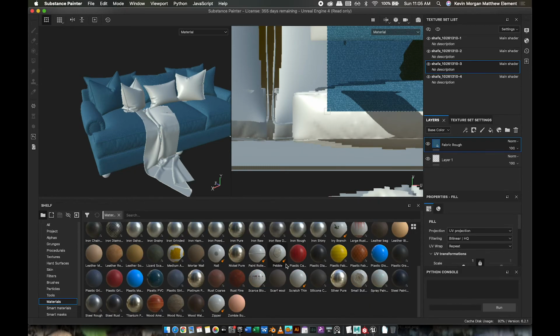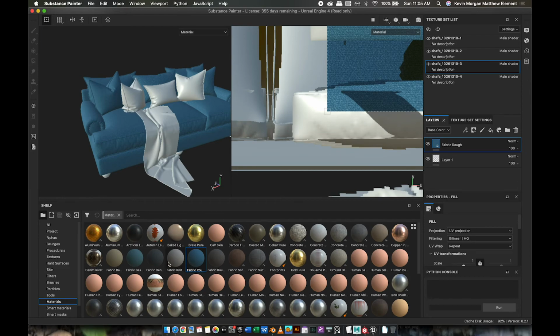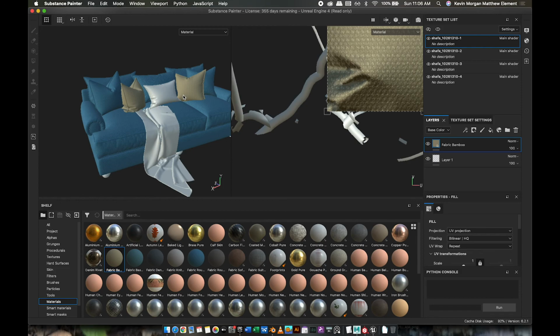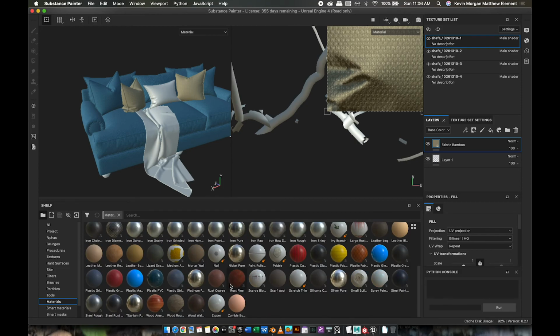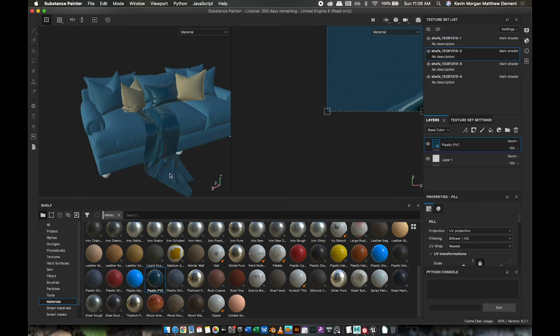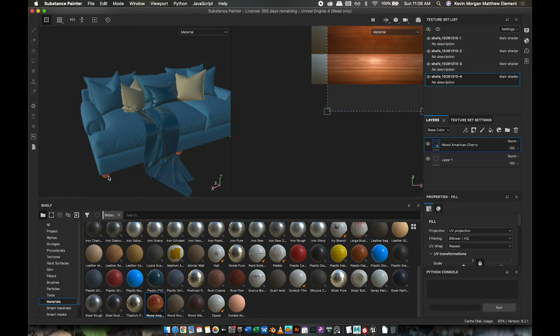I'm just going to throw something else at the pillows. They're their own separate ID. And just for fun, I'll throw a shiny texture at that, the pillow and the blanket, and a wood texture down here onto the feet. So for all intents and purposes, I could just call this a day and export my textures from here. But I'm going to have a difficult time later, I think,